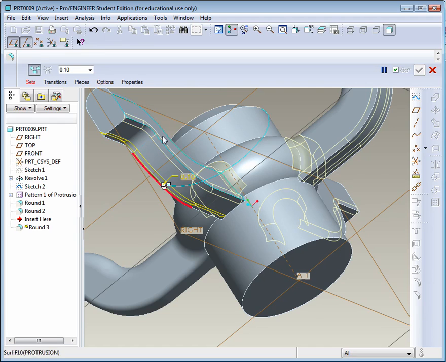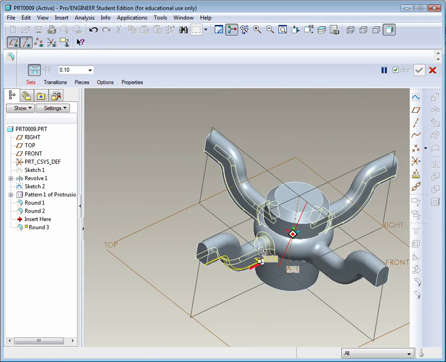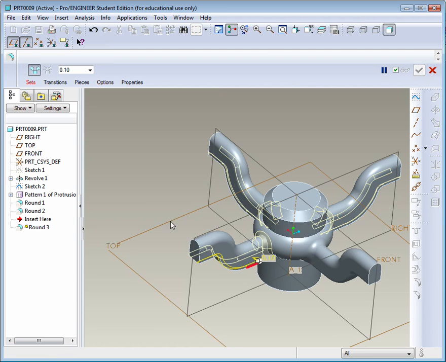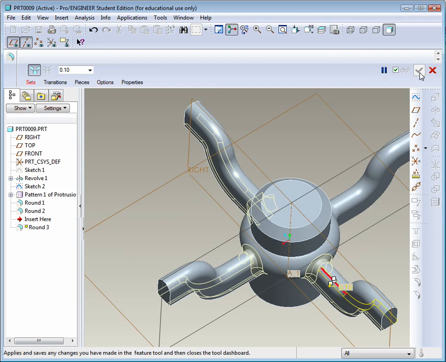Because it's tangent all the way through, it will follow the tangent edges and complete our geometry. Now, what I'm getting here is it does not show an actual green check mark, so I can't apply something. So let's see what we can do. Perhaps we have to